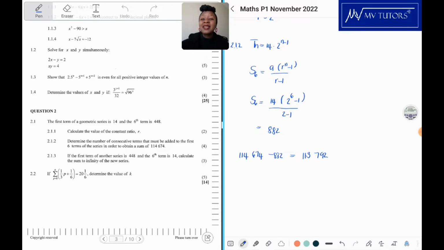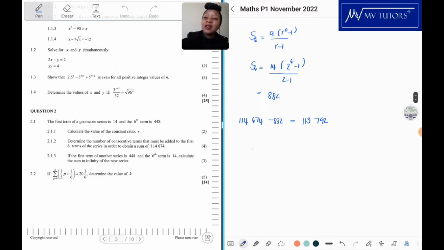Now we need to determine n. Okay, so remember the sum formula? We don't know what n is. First term, r to the power n minus 1, and we have r minus 1. What will our first term be? Okay, so we know that the first term of this geometric series is 14, right? But remember,